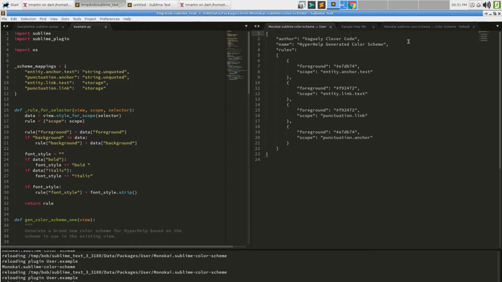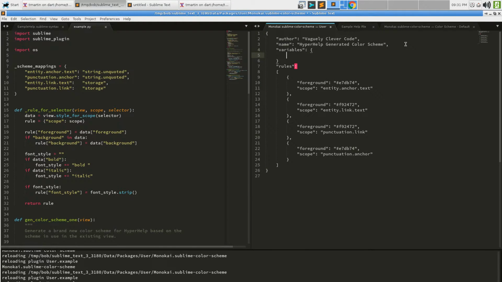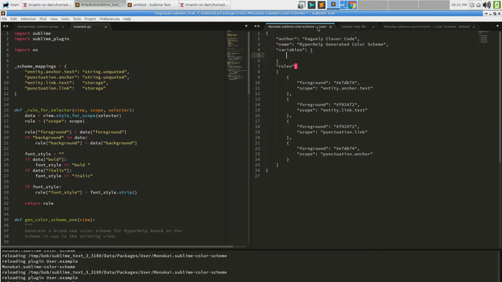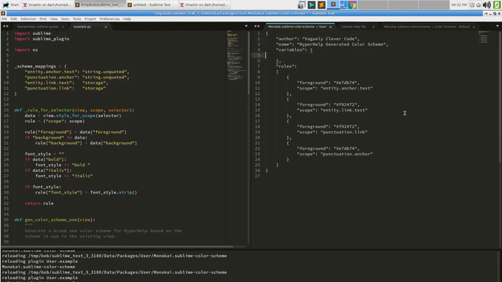If I added a section here that said variables, which looked like that, I think. It has to have a comma after it or the syntax gets mad. And then I copied that yellow and pasted it in here.